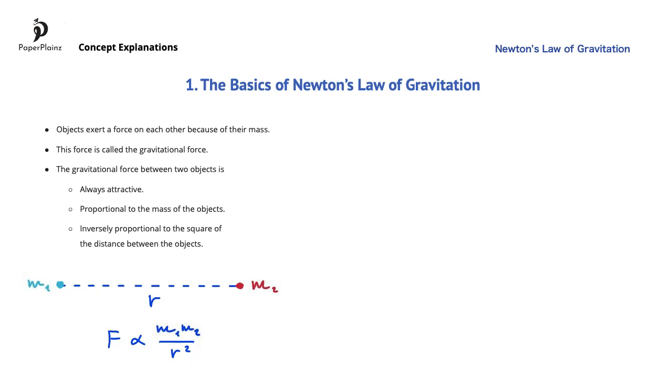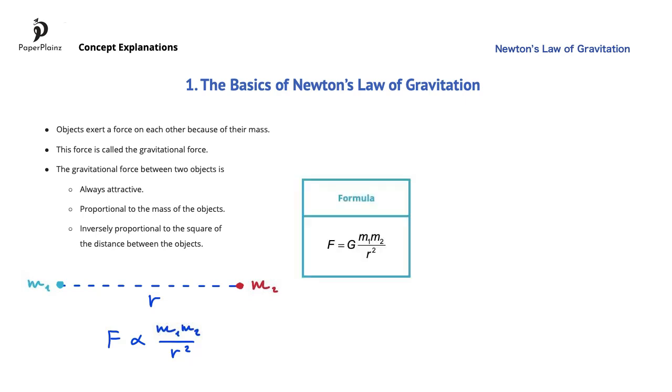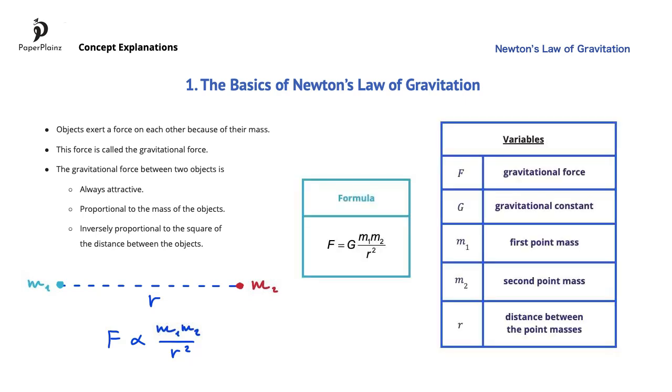To express Newton's law of gravitation in equation form, we need to introduce a constant. Doing so, we get the following formula, which contains these variables. Uppercase G, the constant that we introduced, is called the gravitational constant, and its value was established through experiments. This value is provided in your data booklet. Now that we understand the basics of Newton's law of gravitation, we'll move on to explore the link between gravity